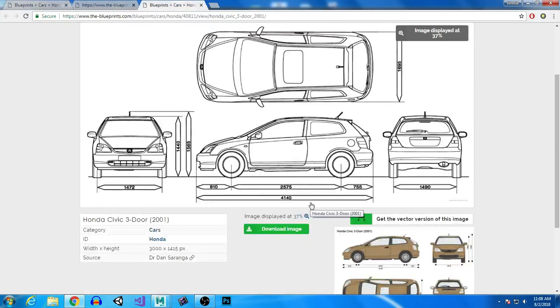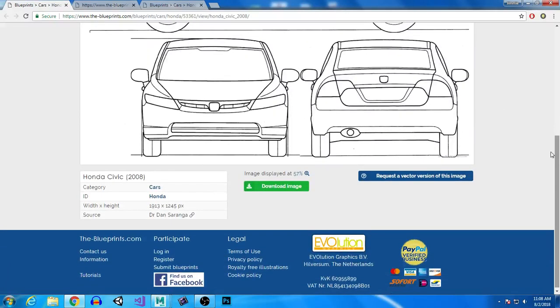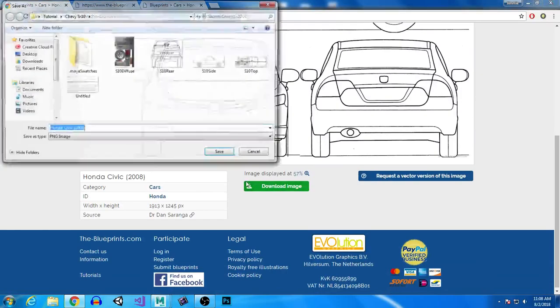Well, see, and now I'm kind of torn. I like this one because it has the dimensions, but I like the other one because it has more curves. I'm going to go with the one with more curves. And the only reason why I'm going with the one with more curves is because of the fact that